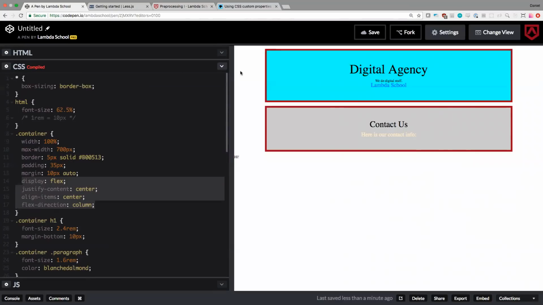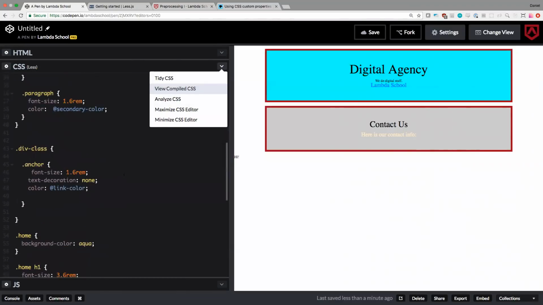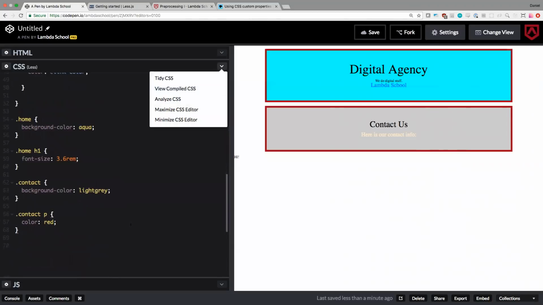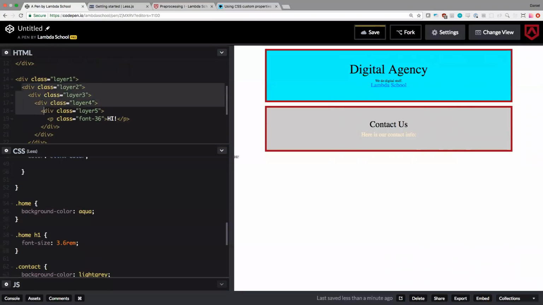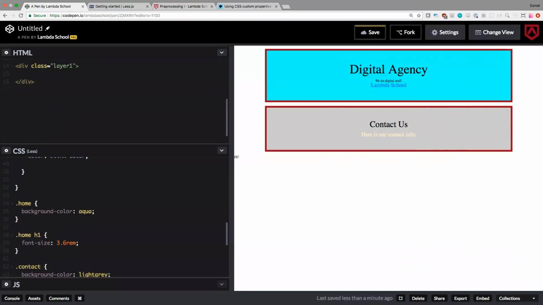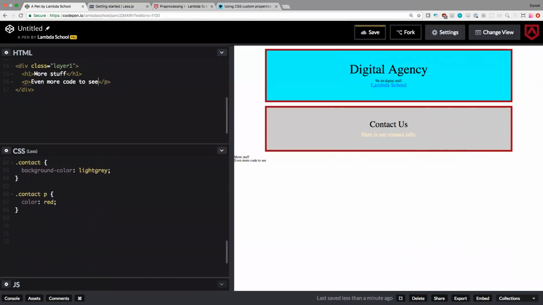And we can use that as many times as we want. So let's create another div. I want to get rid of that. Let's go one layer instead. Just going to call it layer 1. But we're going to do the same thing. H1. More stuff. Even more code to see. So layer 1,